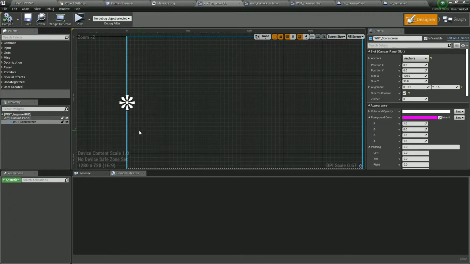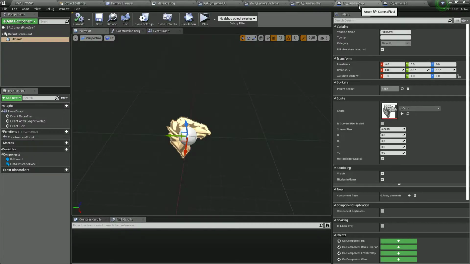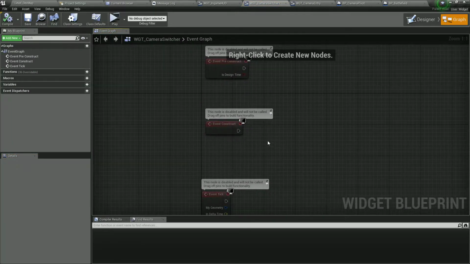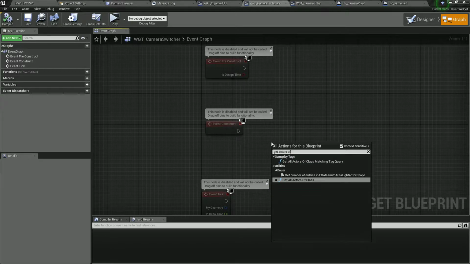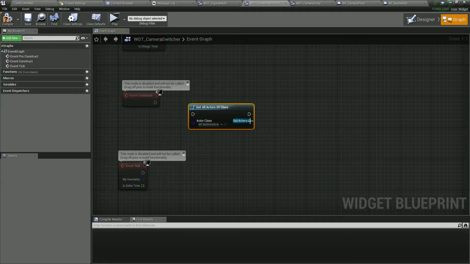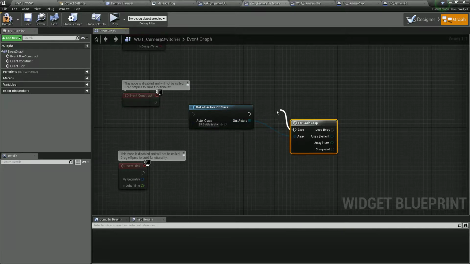So I guess it's going to get all of the fight zones, all of the battlefields on the map. We're going to check if we can do it this way. So let's grab the camera switcher, get actors of class, battlefield. We're going to loop through all of them,